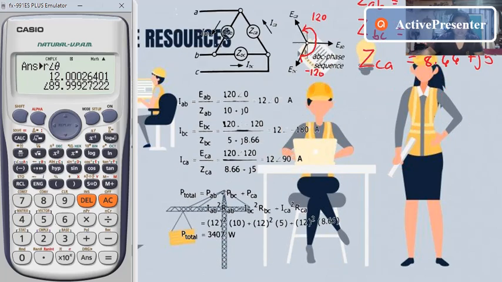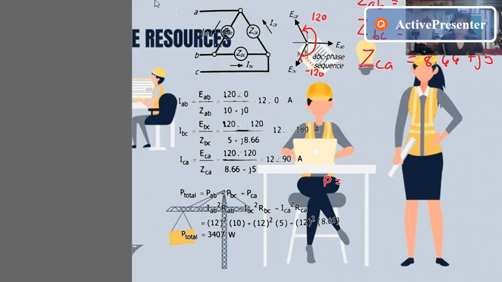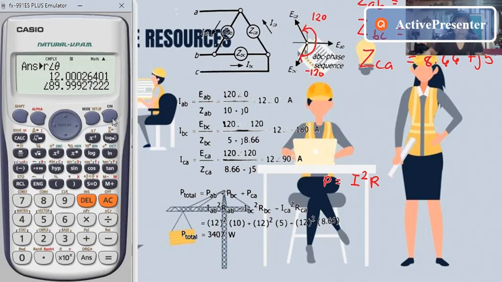active power drawn. So our total power will be power along AB plus power along BC plus power along CA. So for our power formula, we have the current, I squared, multiplied by R. So solving for our total power, since we have obtained the current in every impedance, we have IAB, which is 12